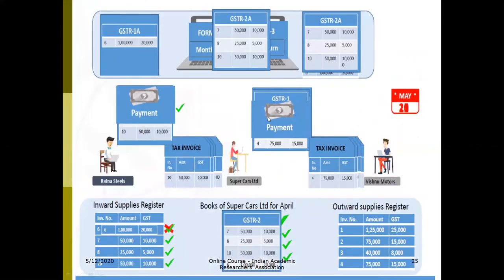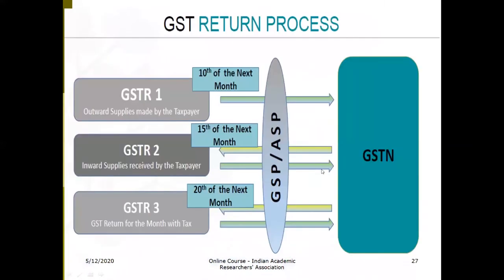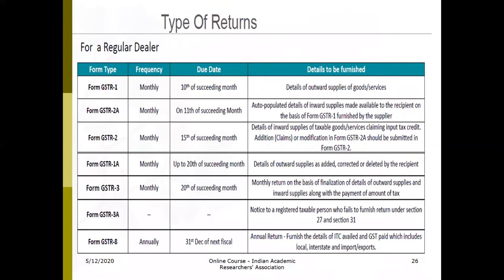And this is the mechanism of filing GSTR 1A, 2A, 3A, etc. And there is a payment mechanism. And you see the inward supplies register book for Supercars Limited, a particular company, and the outward supplies register. This company maintains these two inward and outward supplies registers, and there are tax invoices based on that. And you see, these are the types of returns for a regular dealer: GSTR 1, 2A, 2, GSTR 1A, 3,